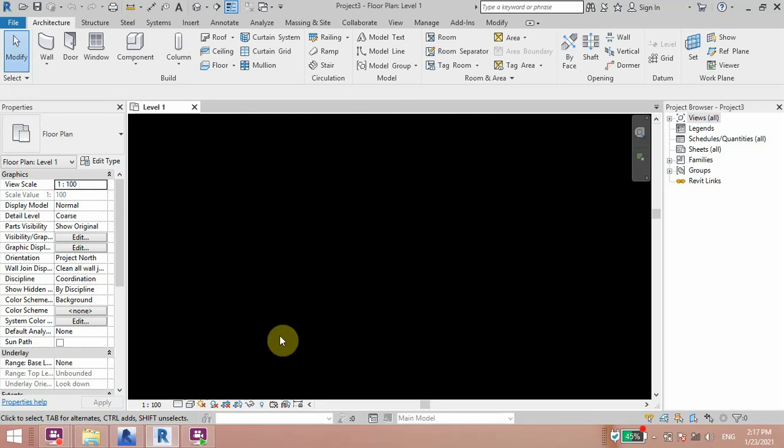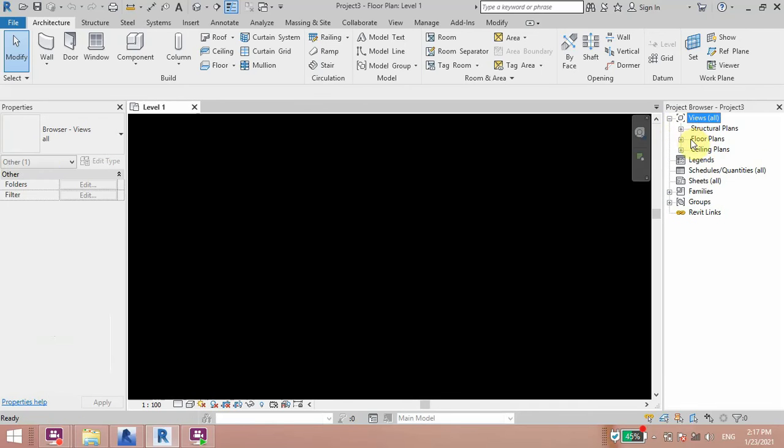It will open the Revit project software. In both left and right corners, two dialogs will be available. The first one is Properties and the second one is Project Browser. In Project Browser, when I expand the button, it will show Structural Plan, Floor Plan, Ceiling Plan.